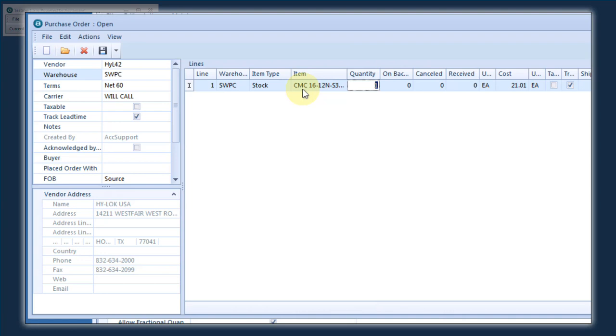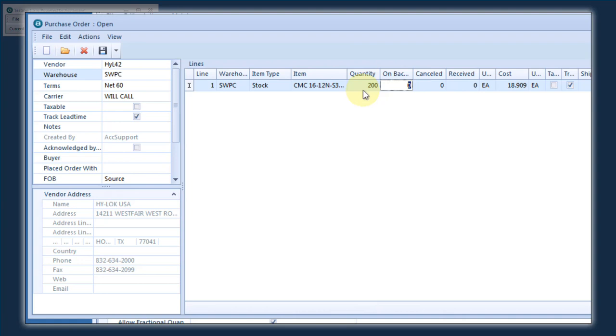Now notice purchase order screen always defaults to a quantity of one each, and in this case one each corresponds to a price or cost of $21 per each, as that is where we're at in our quantity bracket. Now if I change this quantity to 190, you'll notice that our cost remains at that. If I go at 200 or above, we'll see that the price now reflects the 10% discount that's applicable to